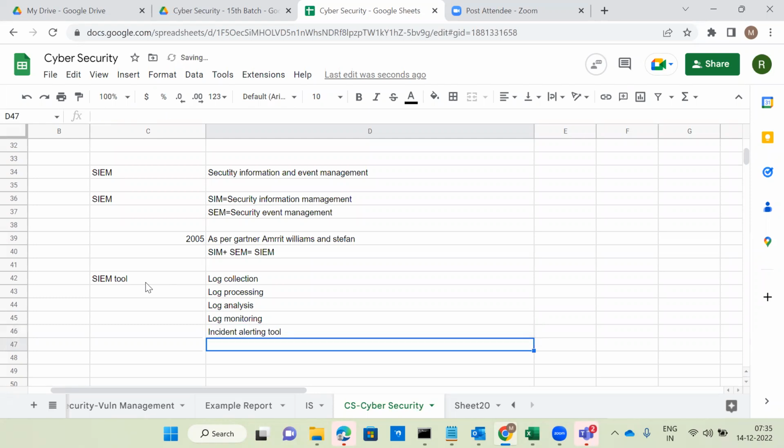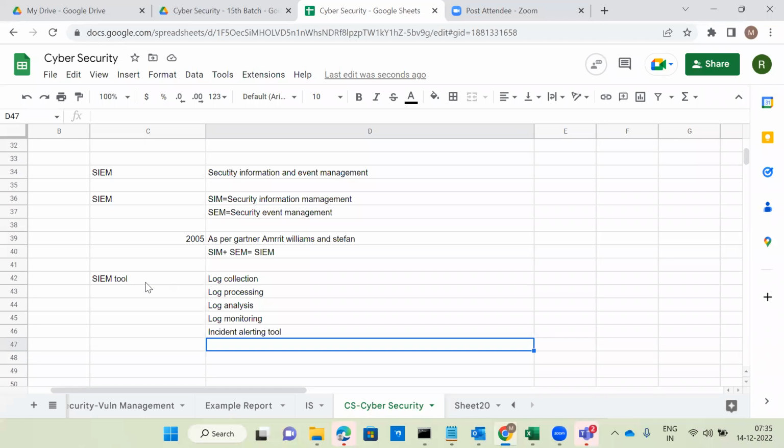So it is only a monitoring tool, but it will not block anything, similar to IDS. Even IDS will detect abnormal, malicious, suspicious activity, but it will not block it. So IDS is equivalent to a SIEM tool in alerting wise, not technical features wise.